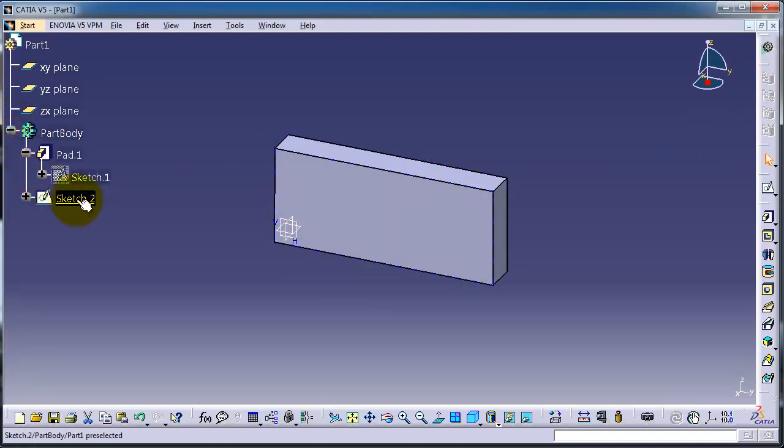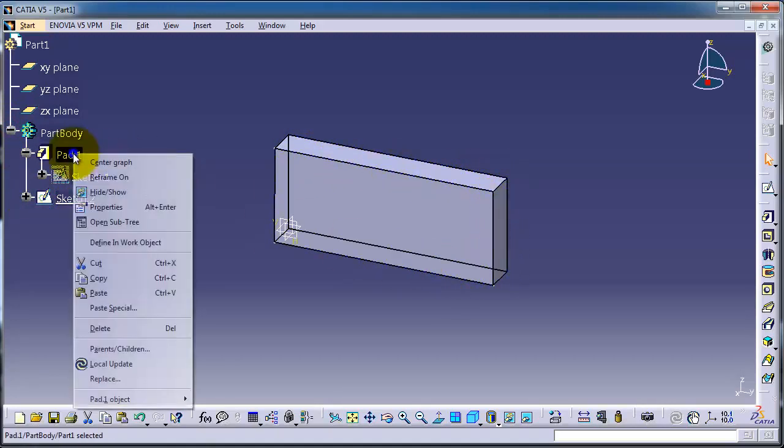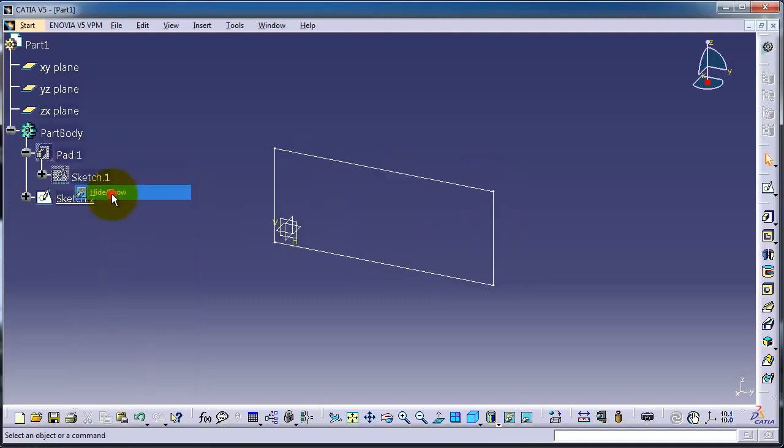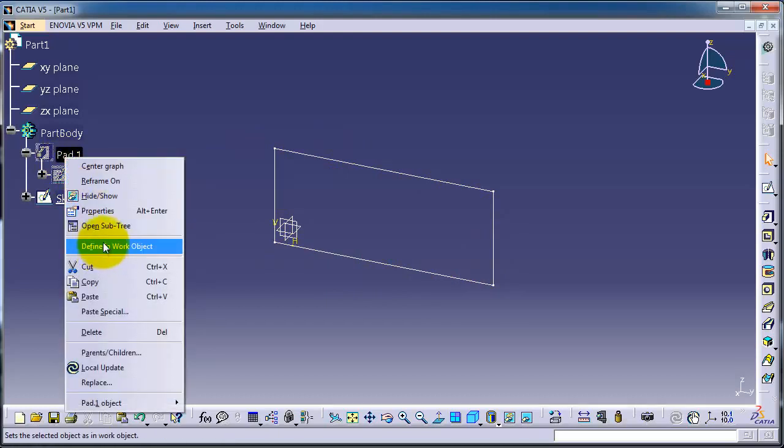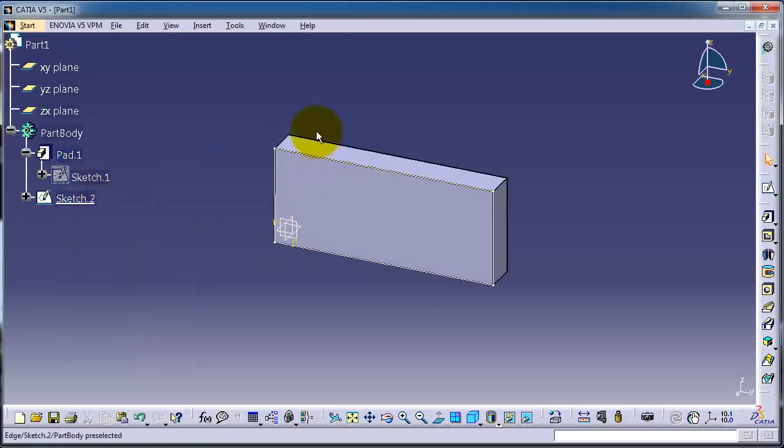This is sketch number 2, which has the same, it is not seen here. If you make here hide, so we have this projected sketch. So let's show again the pad as we learned before how to show and hide, and let's this time choose the drafted fillet pad